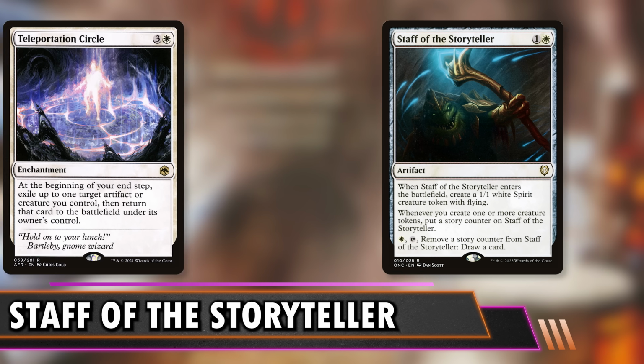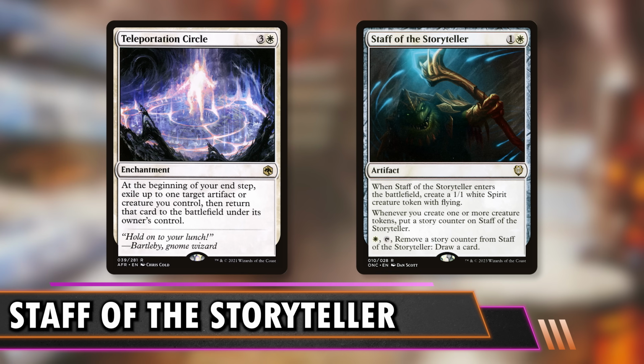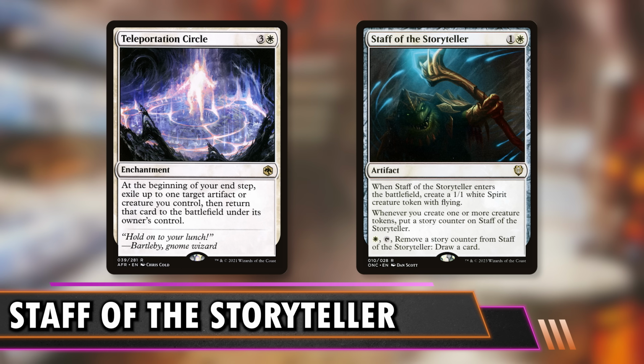But a card I really like with this one is Teleportation Circle. You don't need anything. If you're just a flicker deck that can flicker artifacts, you can Teleportation Circle and flicker the staff to just draw a new card and get a new spirit every time. That is really good. I also like the cards that say like tap 2 creatures, create a little creature, or